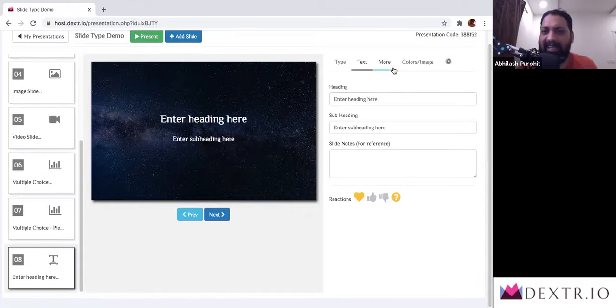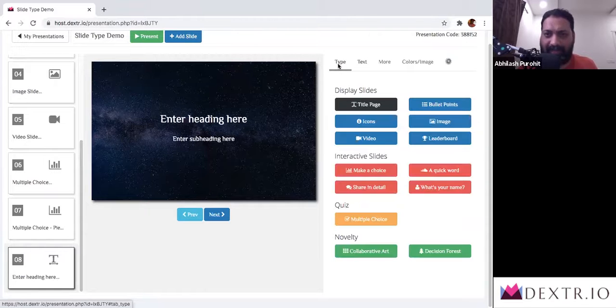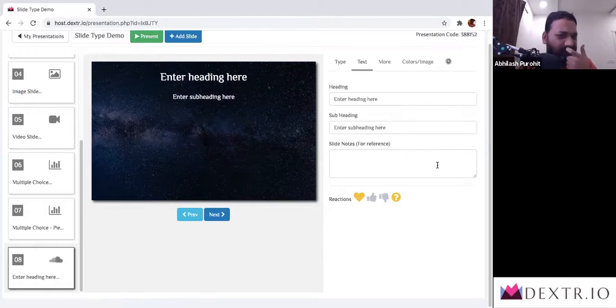I click on add slide once more to demonstrate the next kind of slide. In here, I'm going to go to select type. After make a choice, I see a quick word. A quick word, when I click on it, once again, it goes to the top. I am going to say quick word responses. This is an interactive type of slide. I'm going to get rid of this and go here.